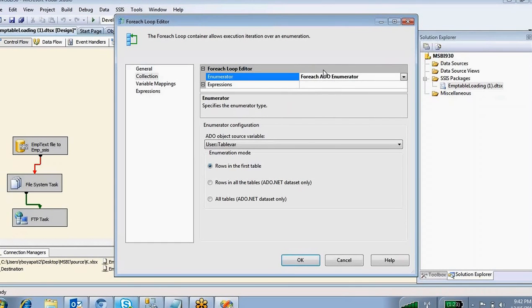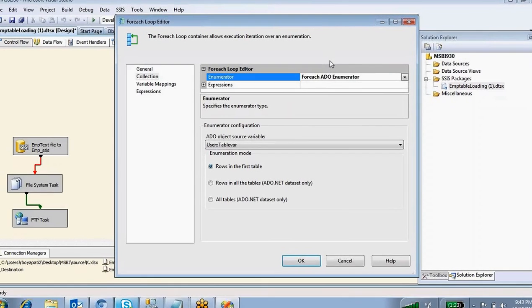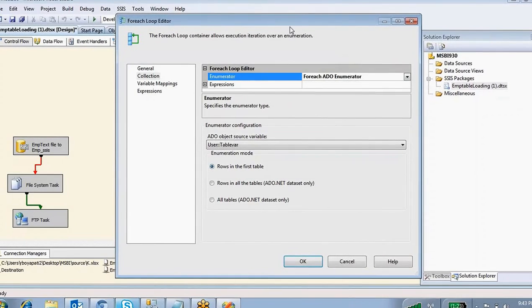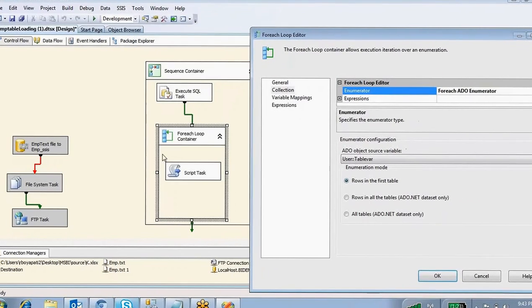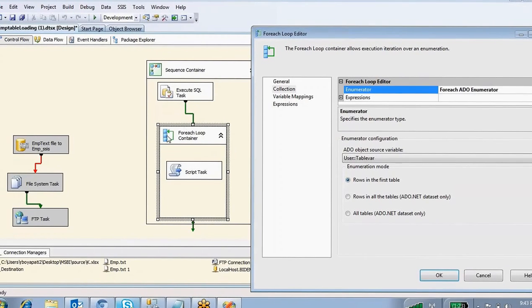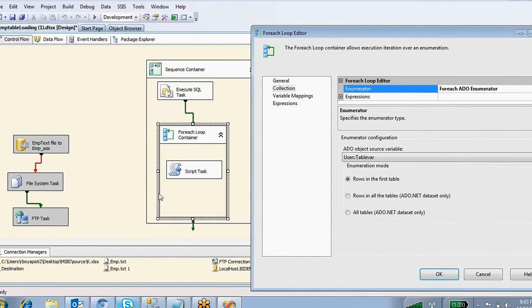If it has 14 employee names, the foreach loop container loops 14 times, and whatever tasks you put inside will execute that many times.